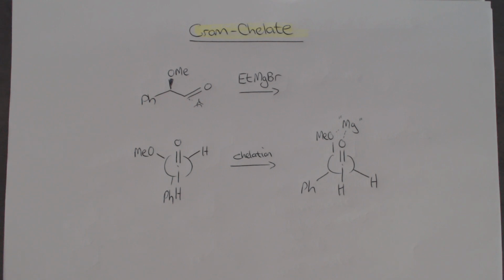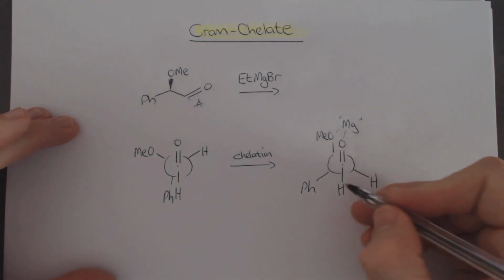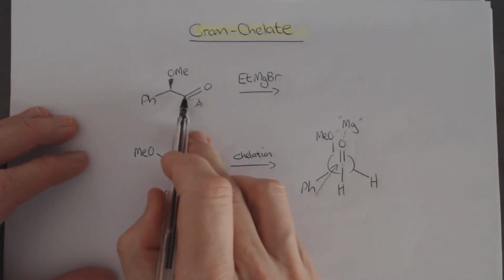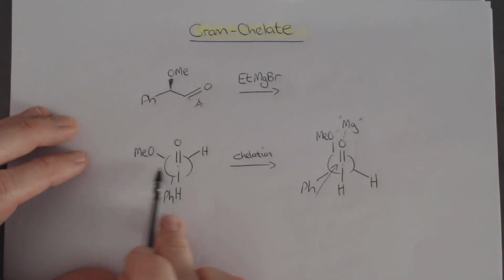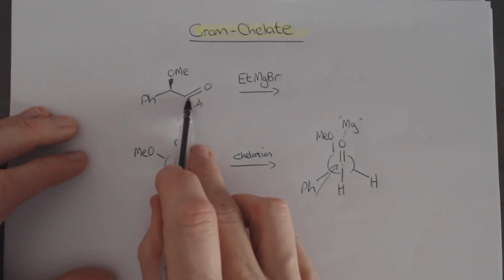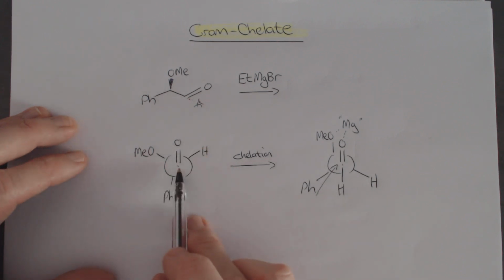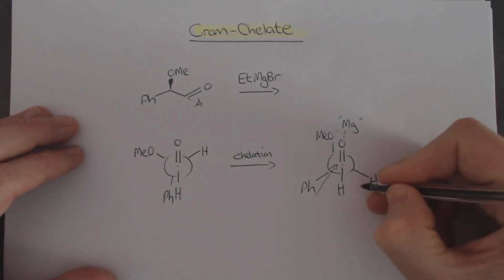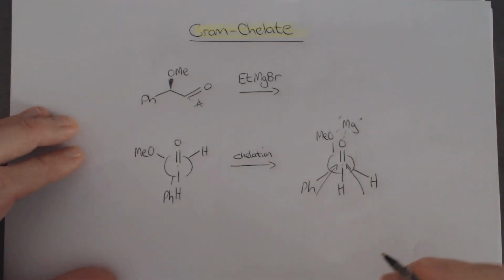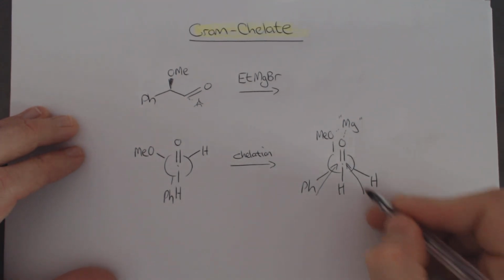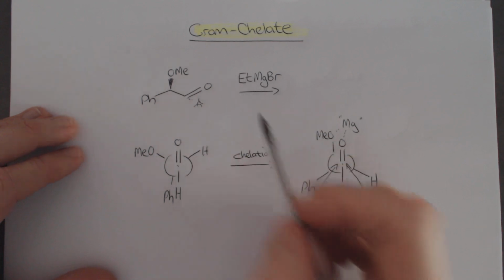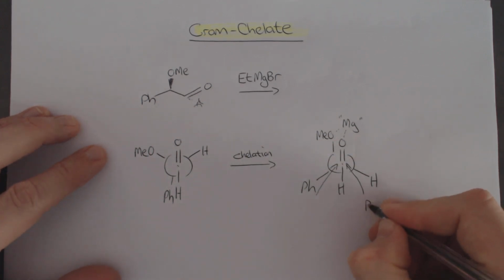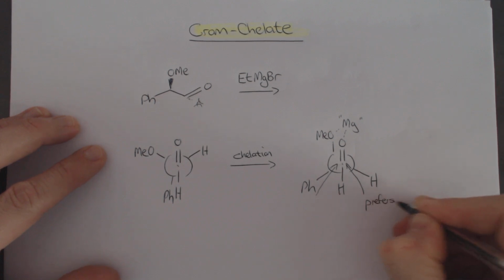And now, considering the Bürgi-Dunitz trajectory, we can see that this side over there, which is the top face, is prevented from attack because of the phenyl ring, whereas this side over there is actually accessible for nucleophilic attack, which means that the ethyl group actually comes in from the bottom face. So we would write that it prefers attack here,